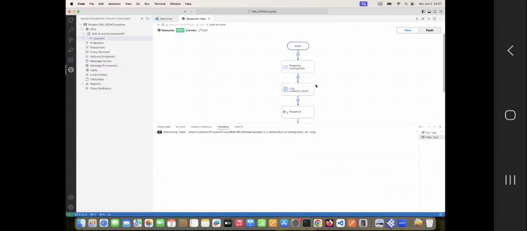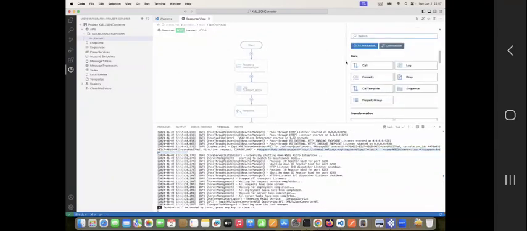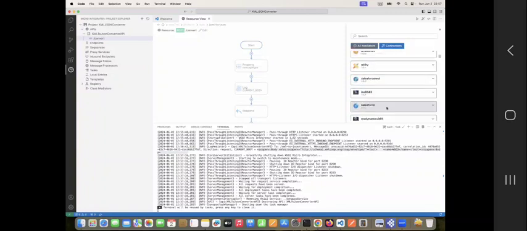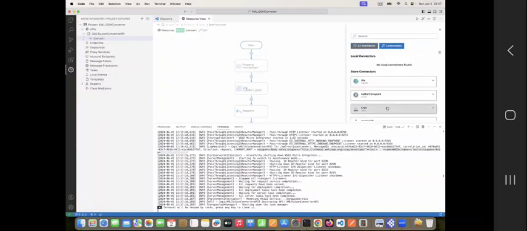I'm going to close this. There are more mediators to add. Connectors you can add. For example, all the connectors that were available in the previous Integration Studio are available here in VS Code as well. So this is one advantage in VS Code, and in the previous Integration Studio's case, you will have to download these connectors